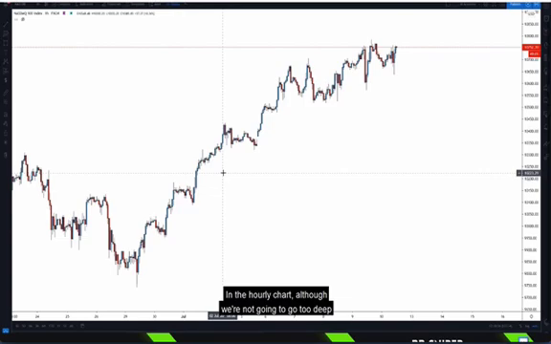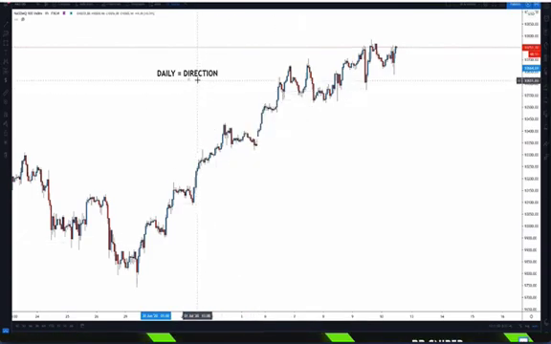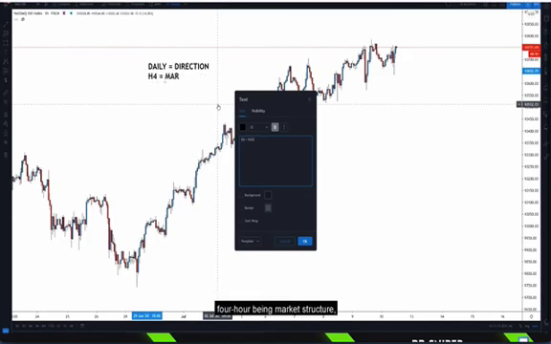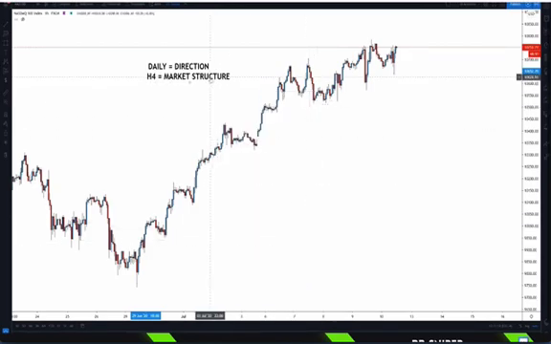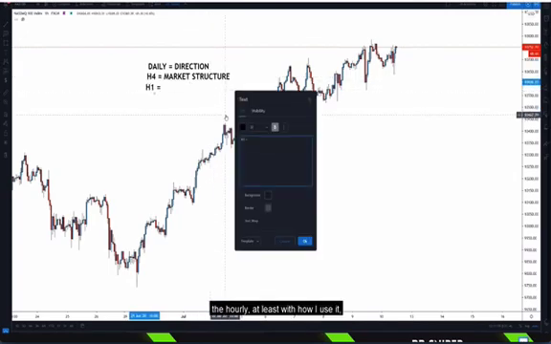In the hourly chart, although we're not going to go too deep into it right now, if we were to lay down the 3 time frames one more time, daily being direction, 4-hour being market structure, the hourly, at least with how I use it, is to refine